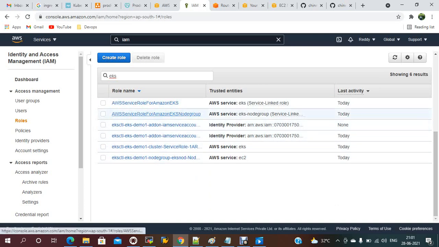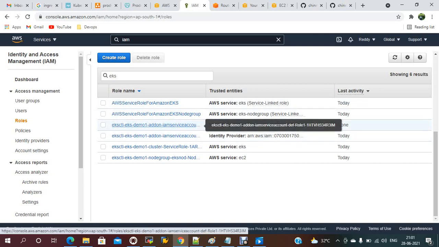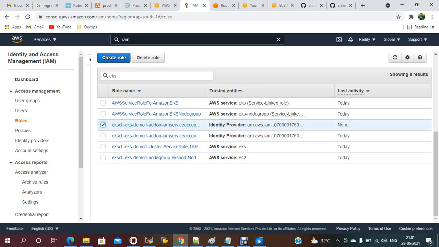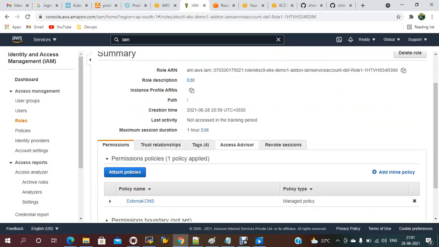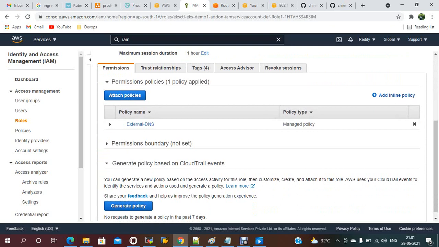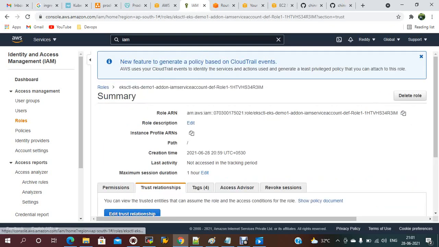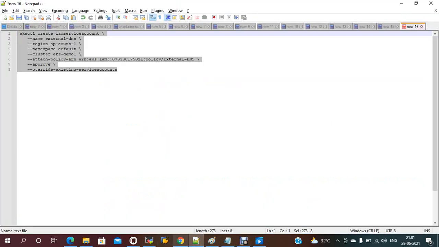Here EKSCTL, IAM service account. This name, just need to select this one. This name we just need to provide. Service account. This name we just added on the external DNS one.